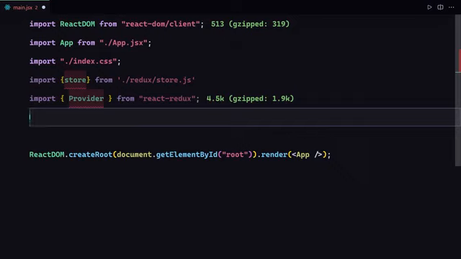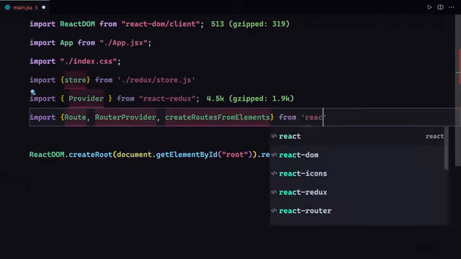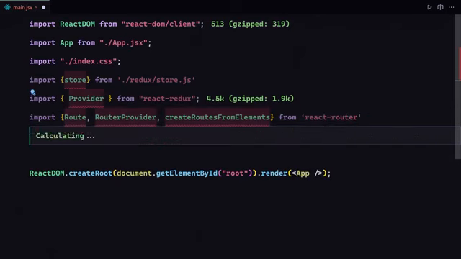And the next thing which I want to do is that I'm going to be also using the React router. So I'm going to be just grabbing the router or route. First of all, let's just grab the route, and we're going to also have to grab the router provider and also the create routes from elements. Okay, so we're going to be getting that from the React router, and underneath that we're going to be also